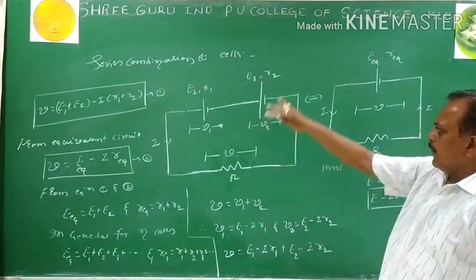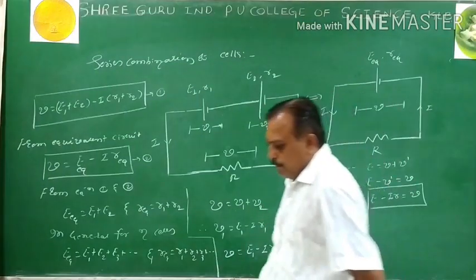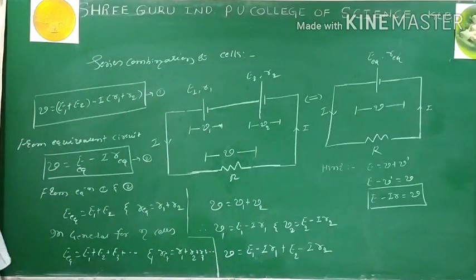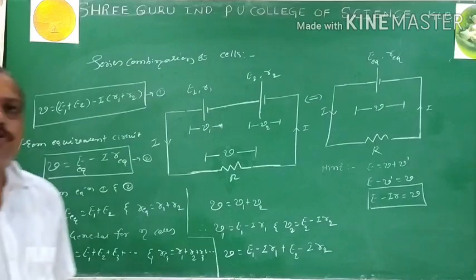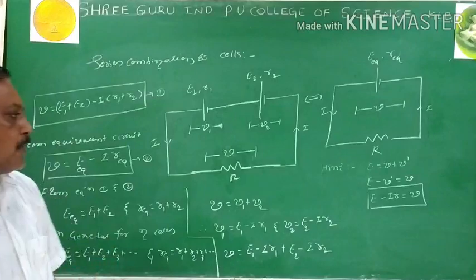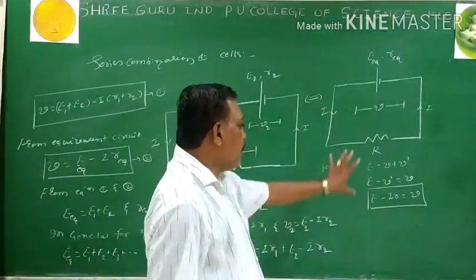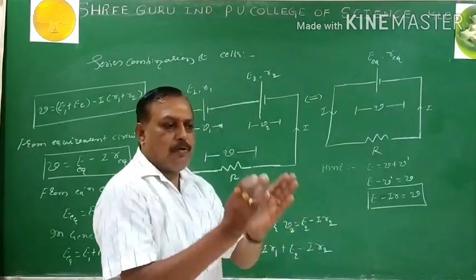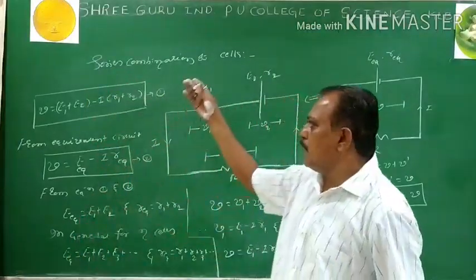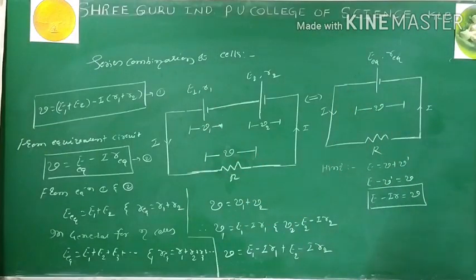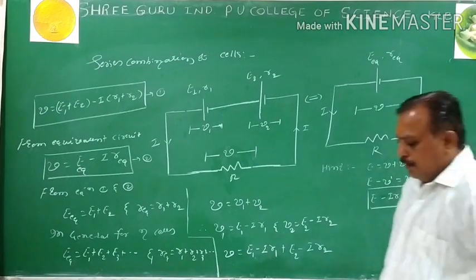Then let me revise once again slowly. Try to understand it clearly. Nothing should be difficult in the derivations. You only need proper concentration and to understand the basic thing. What is the base for the derivation? Now this is the base for the derivation. If I keep the base for the derivation, everything should be easy. The only thing is that I have to make a systematic arrangement. That is the beauty of the derivation. Are you understanding? Yes, 100%.